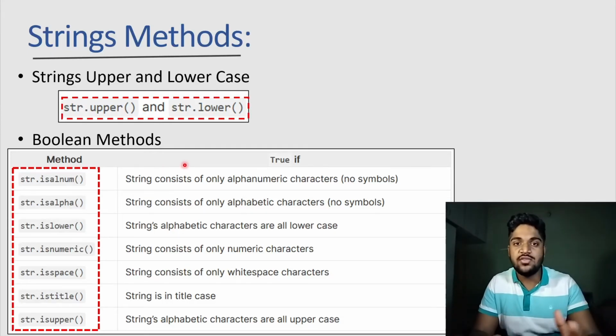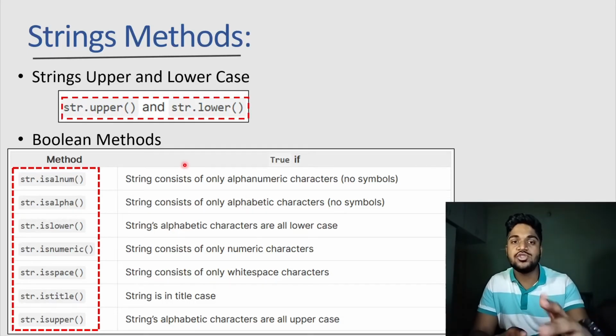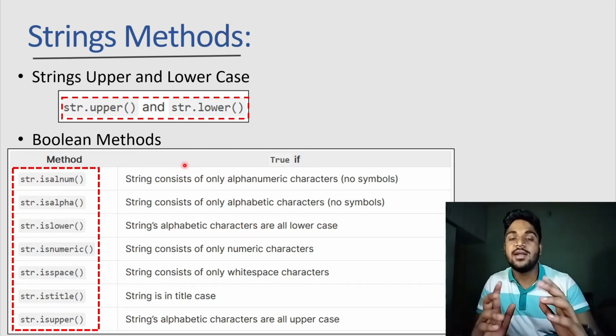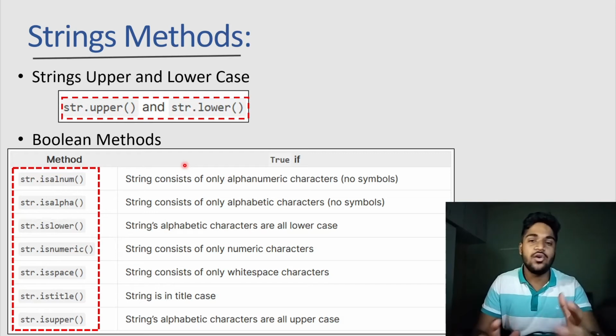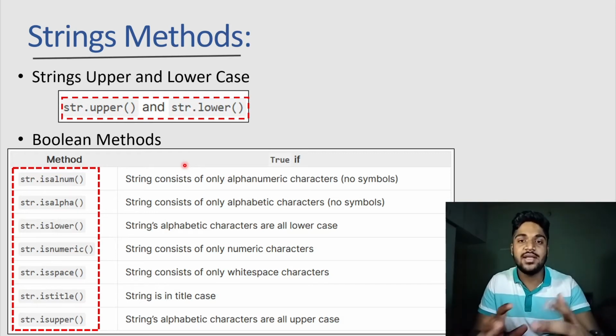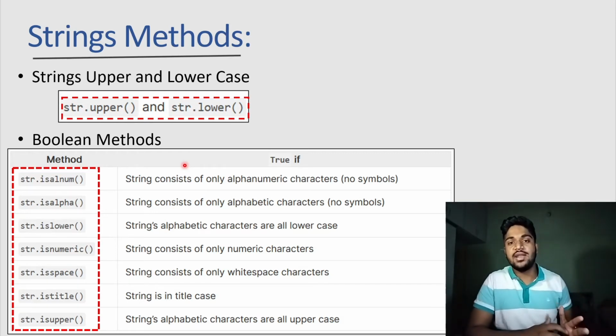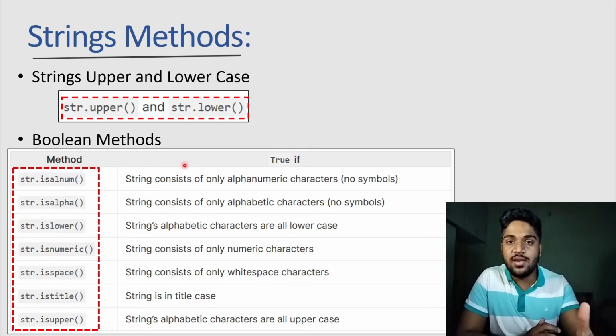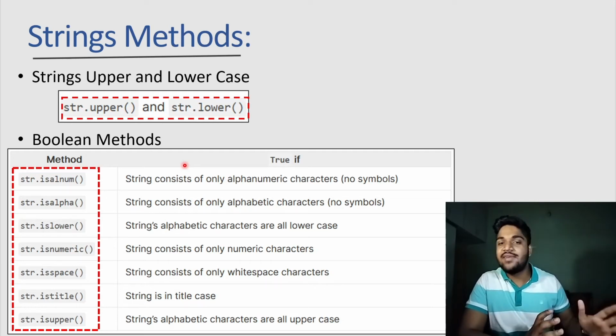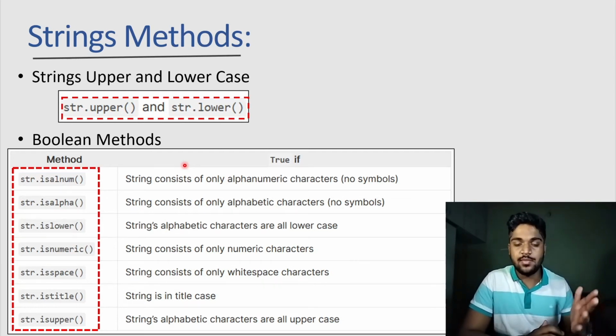In further tutorials, we'll be using these input validations to check if the name is only numbers, or only alphabets, whatever it is according to our need, and we'll be running that. If the user input is wrong and they have added some numbers in their name, we can send them an error message saying that this is not a valid name, please enter a valid name.